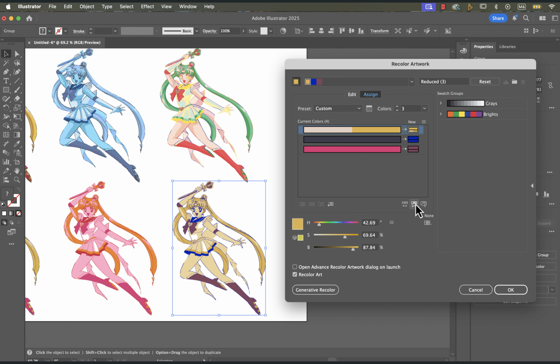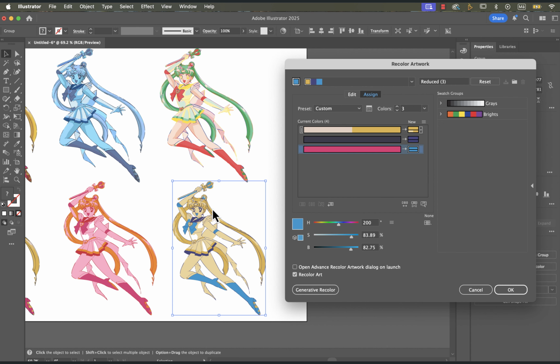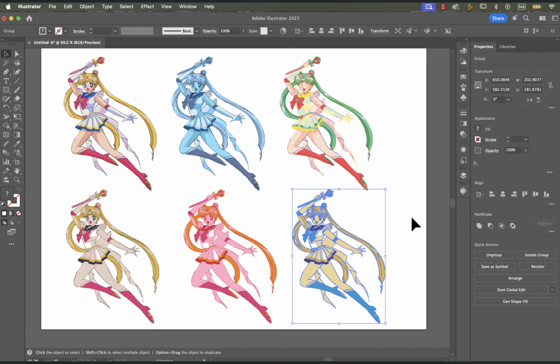You can change the saturation, and if I like all this, but I say actually I'm not sure about that pink, grab the pink, double click and say okay, I want that to be blue. And you can see those changes happening here, so you can be quite subtle with it. Okay, so very quickly you can get these kind of random